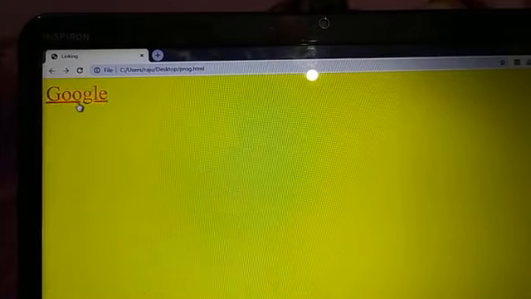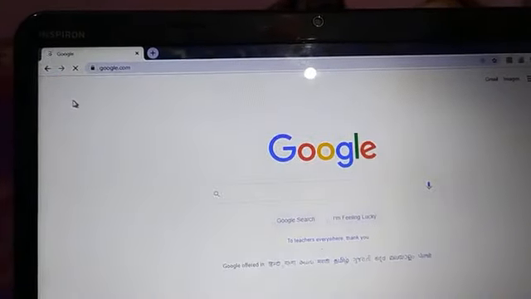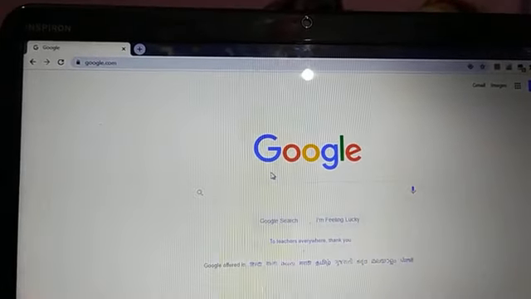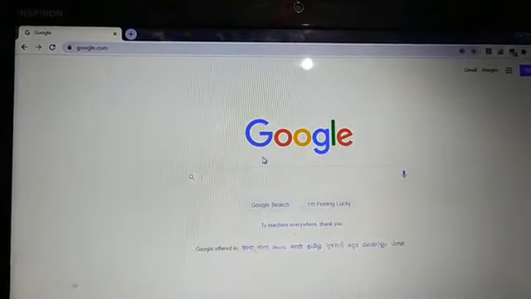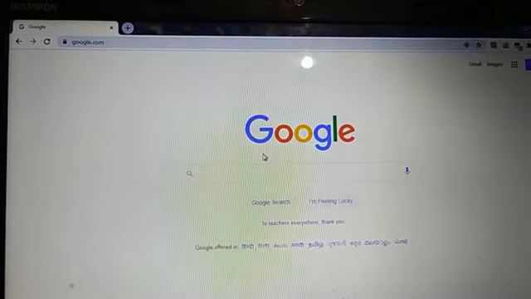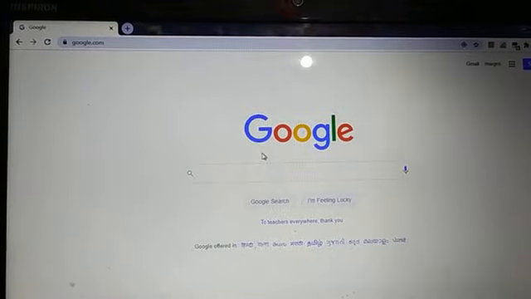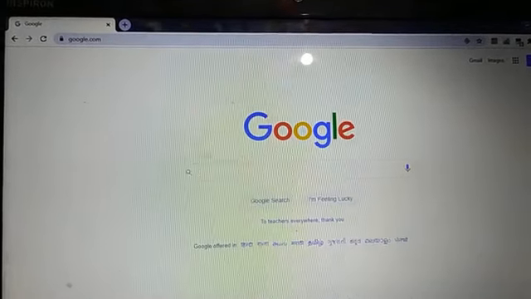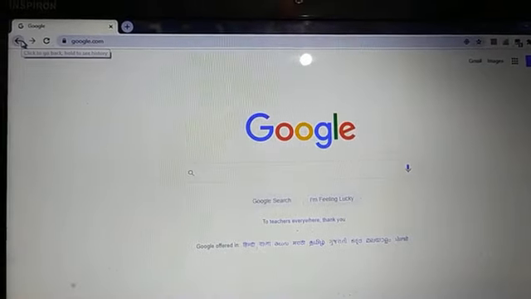Now when I click this link, look here, Google will open. But remember that Google will open only when the internet connection is working on your computer or laptop. Then only it will open, otherwise not. So before using this kind of linking, make sure that your internet connection is working.